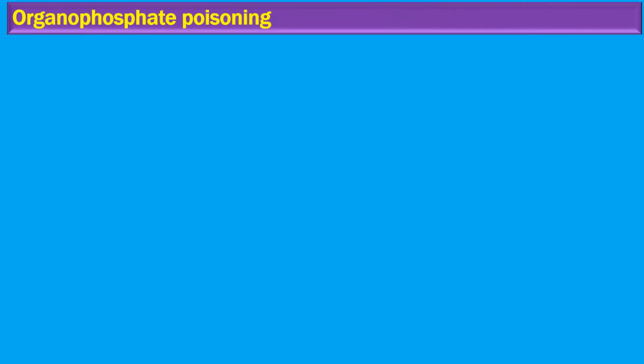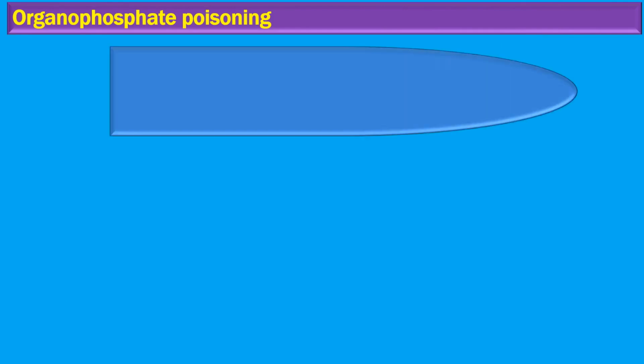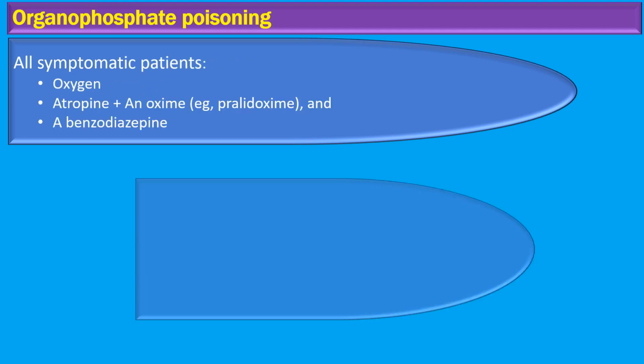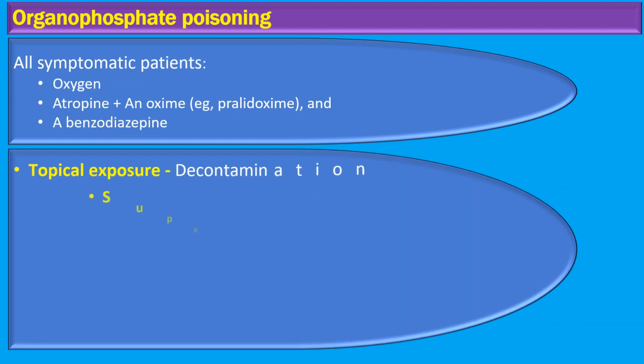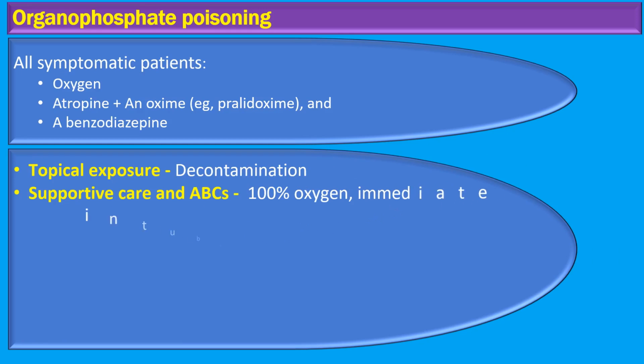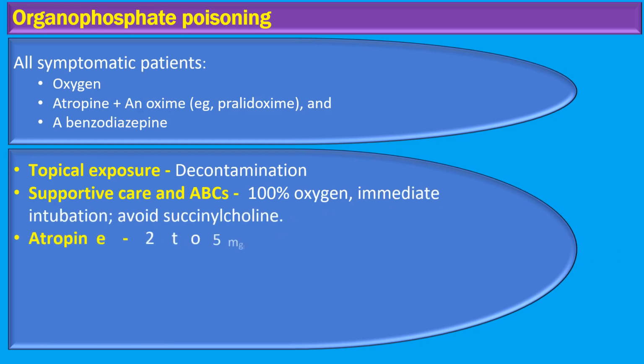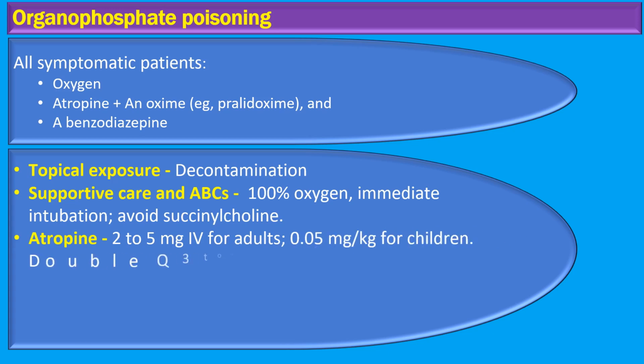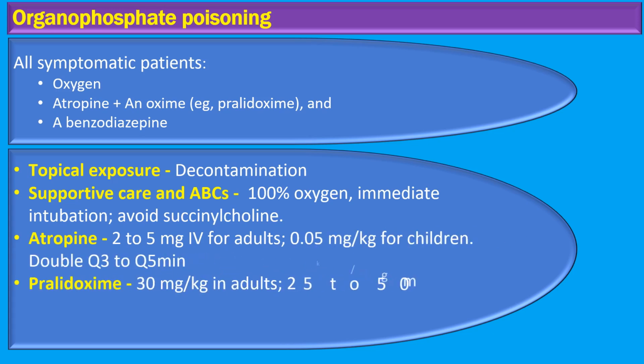When we face an organophosphate poisoning case, time is of the essence. Our immediate goal is to stabilize the patient, halt further absorption of the poison, and begin administering life-saving antidotes. It's crucial that every patient showing symptoms receives a combination of oxygen therapy, atropine, pralidoxime, and a benzodiazepine. These are not just medications, they are the frontline defenders in battling this poisoning.